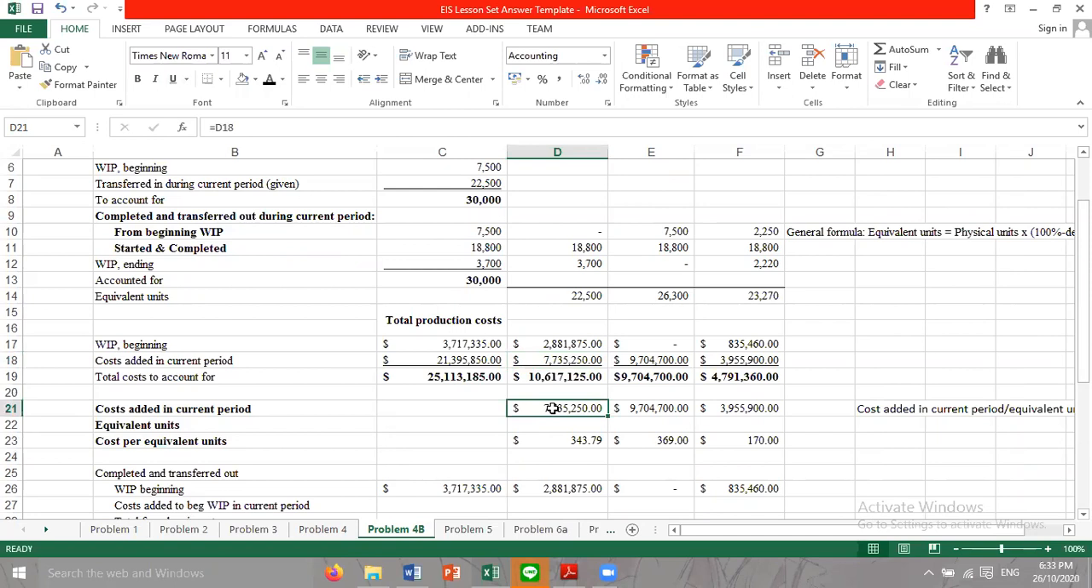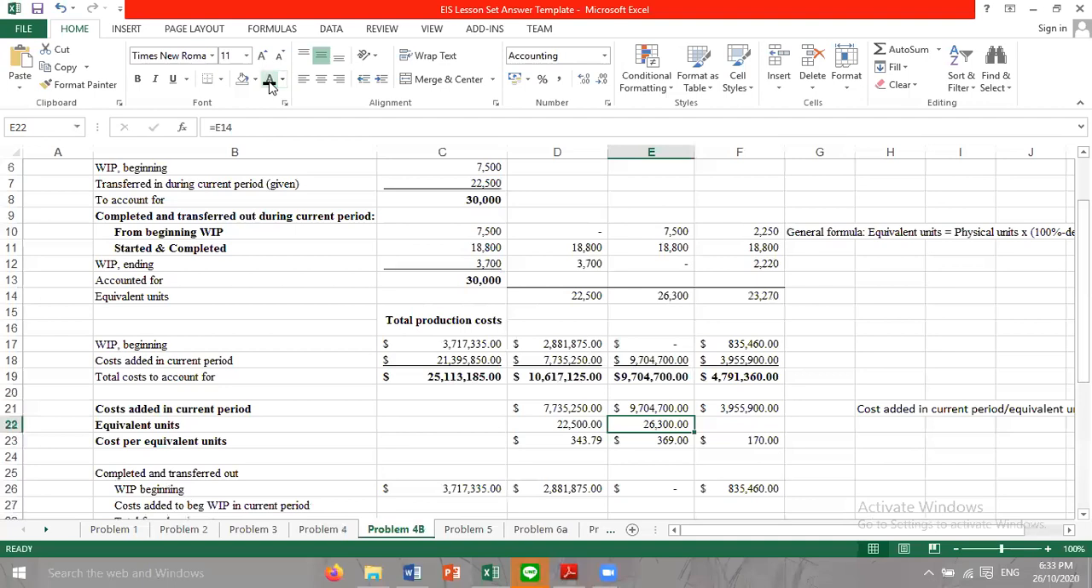So the formula, or the data used in the formula, is equal to the data found in the row cost added in current period. If we find them, this is 7,735, 9,704,000, 3,955,000. Then once again, we just input the equivalent units that we get from the equivalent unit table, and we'll get